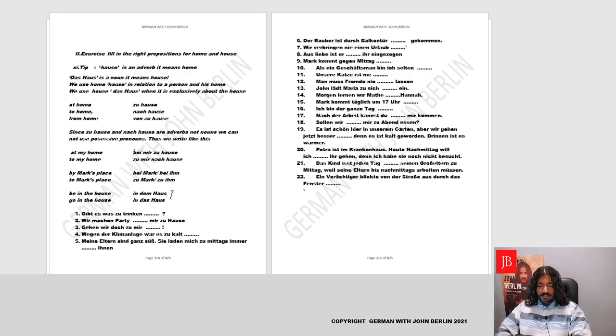Now, in simple words, if you simply want to say I'm at someone's place, you could say bei Mark. Ich bin bei Mark. Or bei ihm, I'm at his place. I'm going to Mark. Ich gehe zu Mark. Or zu ihm. Yes, going to his place. Now, exclusively talking about the house without reference to ourselves, there is a cat in the house. Es gibt eine Katze in dem Haus. Now you say a man comes in the house. Ein Mann kommt in das Haus. Person comes in the house.